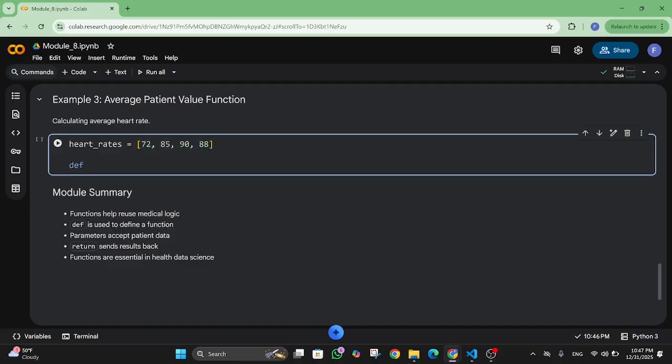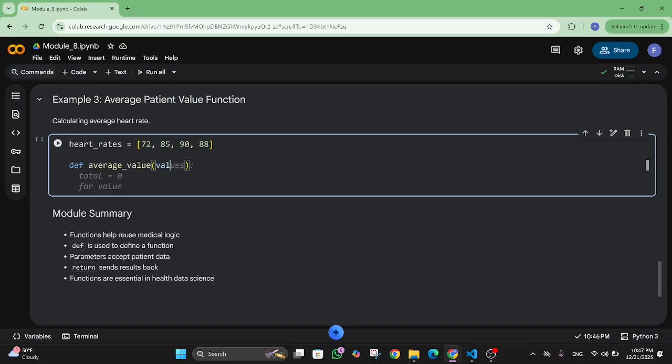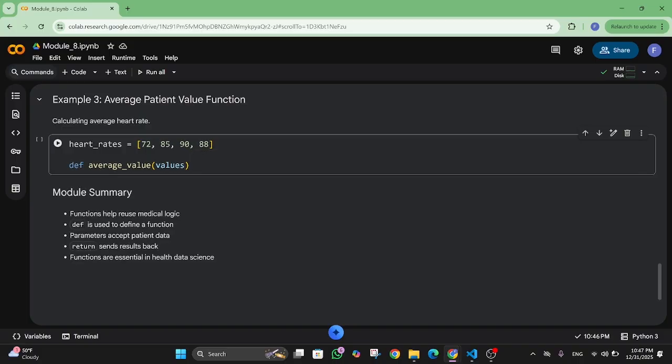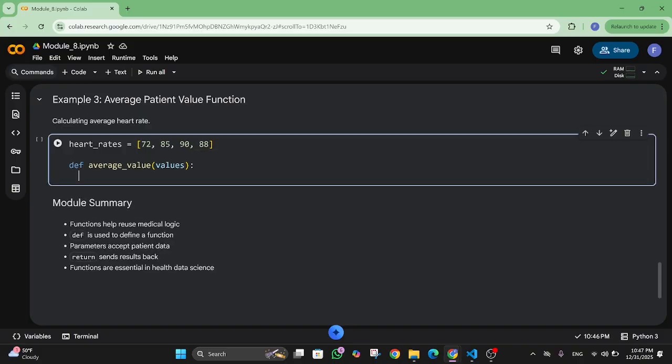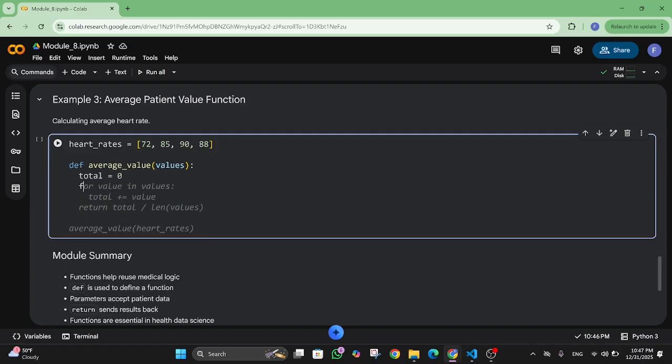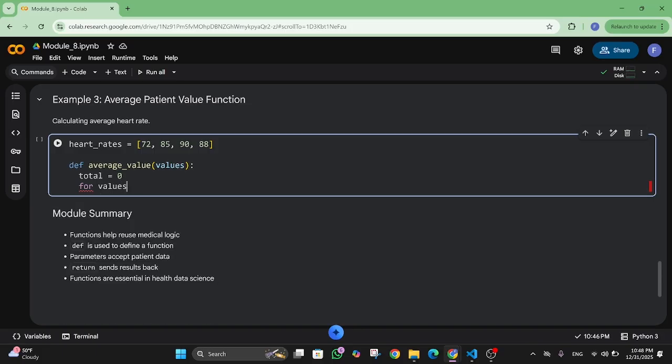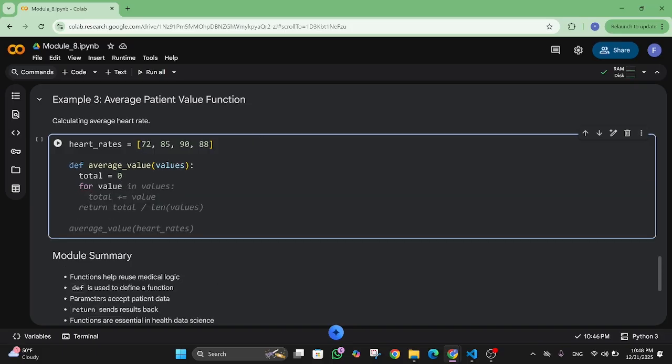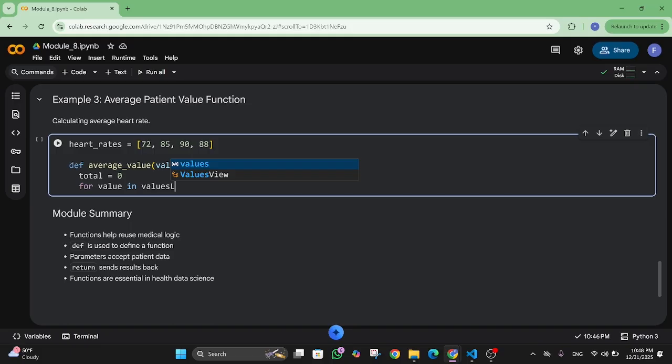So define def average, value is the name of the function. Then it will take this list as an input, and then total is 0 for now. We will learn a loop to extract each of these values. For value in values,